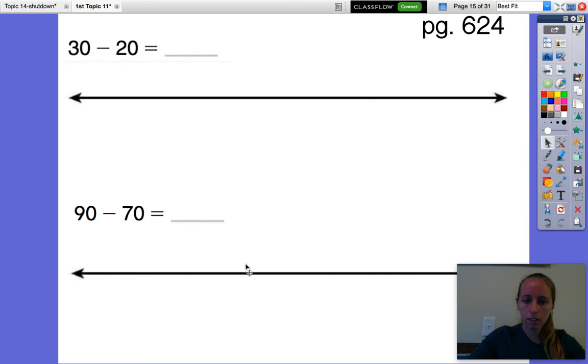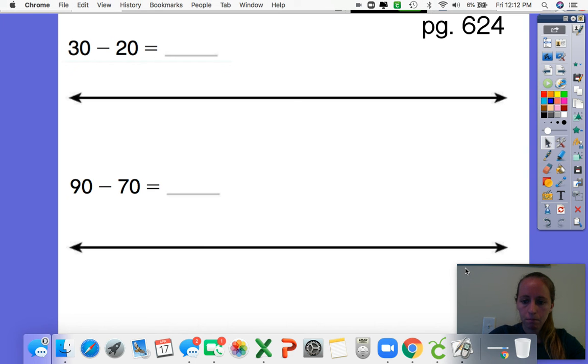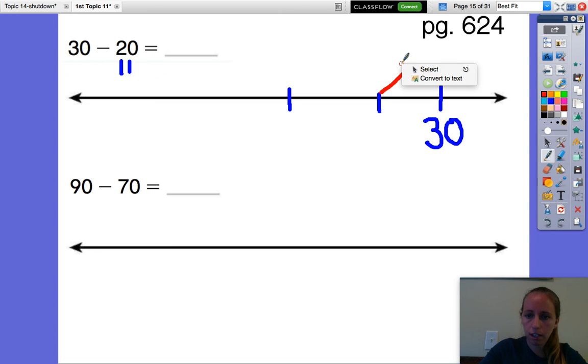Let's move these up so we can see. Okay. For this problem, it's 30 minus 20. So we're starting with 30. We're going to write 30 down here. And we're taking away 20, which I'm going to think of as two groups of 10, right? 1, 2 groups of 10, 10, 20. So I'm going to draw 1, 2 tick marks, right? So take away one group of 10, minus